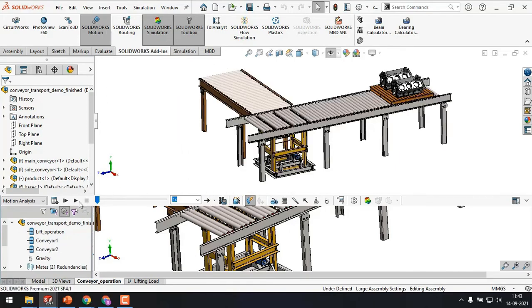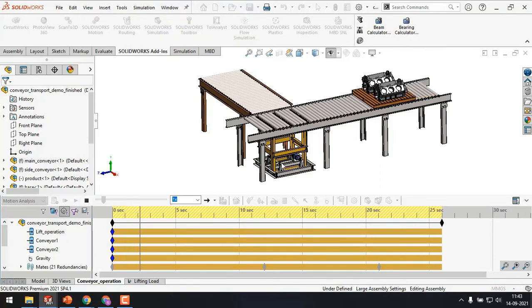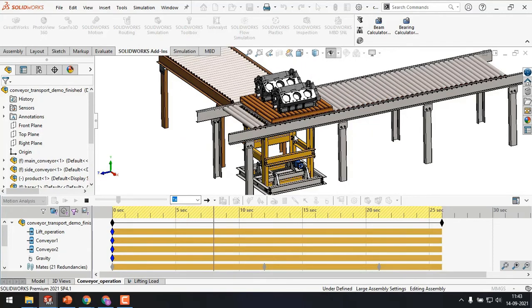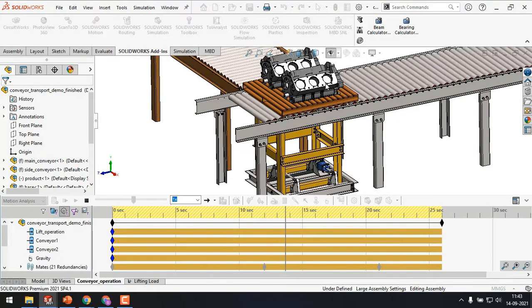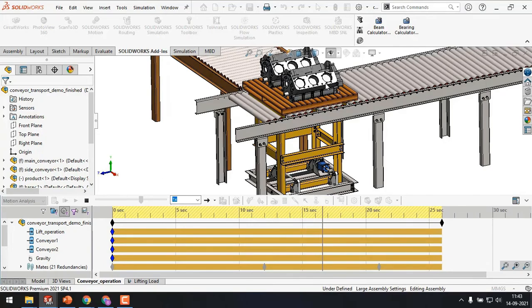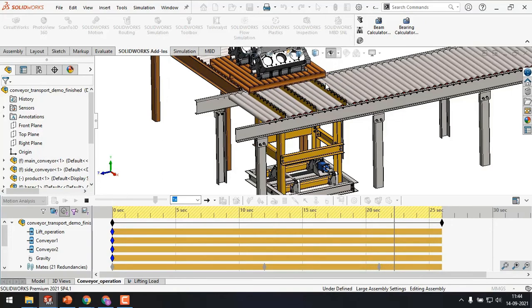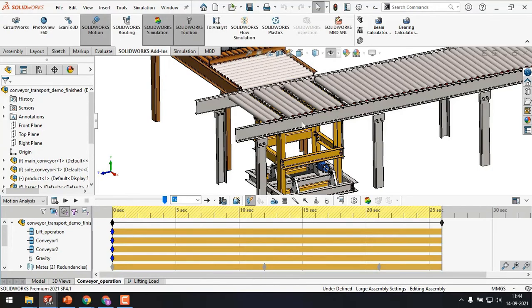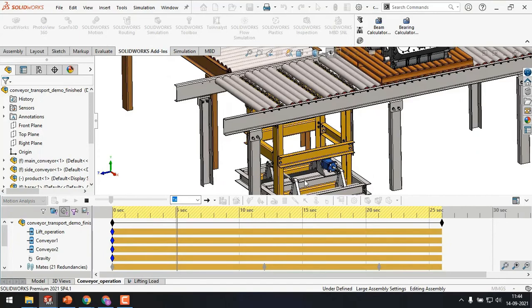So with the help of this SolidWorks Motion, I have just tried to create its motion, like how the rollers would be moving, whether the rollers would be able to take the weight of the components, right? How the actuators are performing their task, whether they can lift such a weight. So all these questions can be answered with the help of validation. So you can look closely how the actuators actually raised the engine component, and it took a 90-degree turn. So if I just zoom in over here,